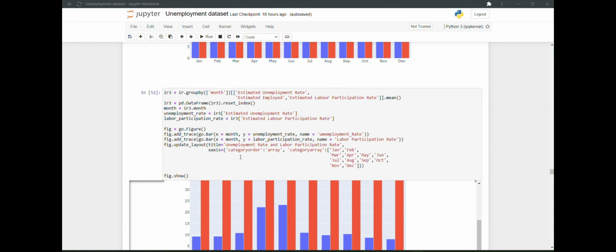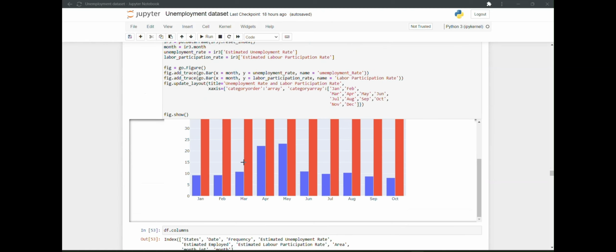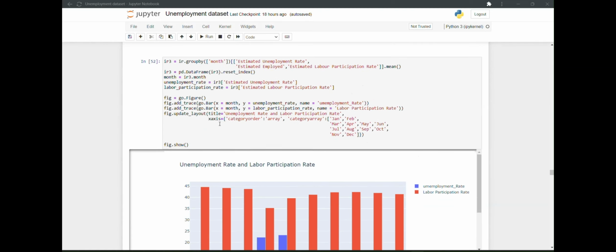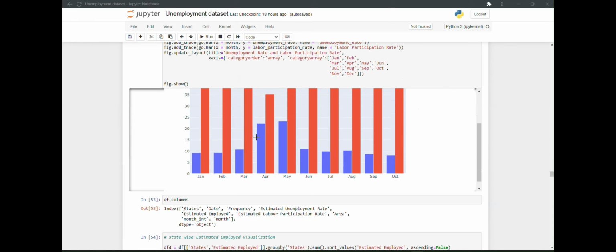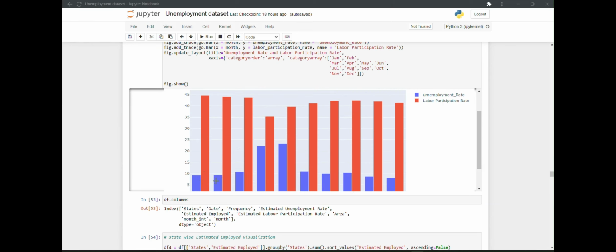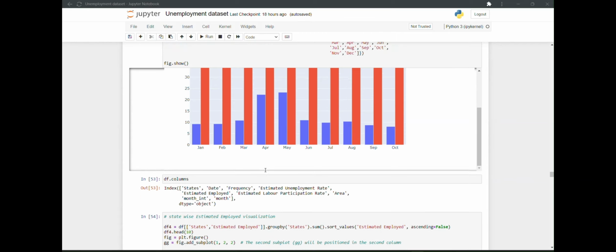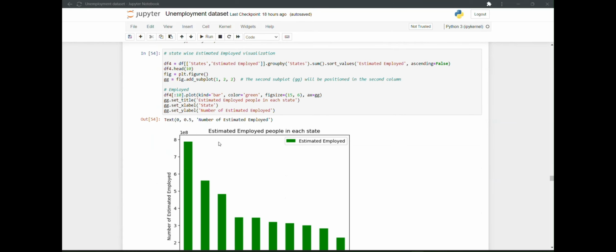In the next step, I took the same thing with the IR dataset, unemployment rate and labor participation. Here we can see